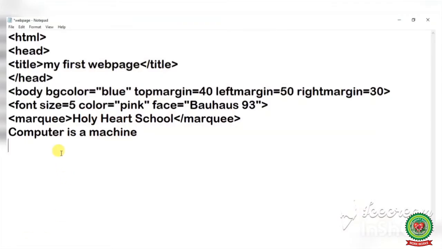Start the heading tag by writing angular bracket H1. Here I have written the first heading level. Write down your word, like I am writing works. Now close the H1 tag by using /.